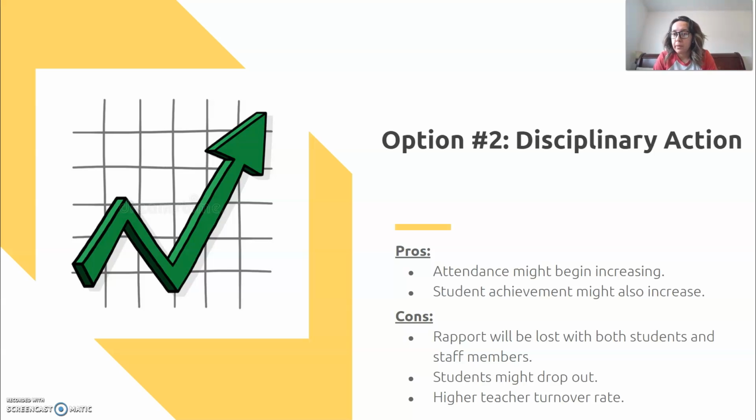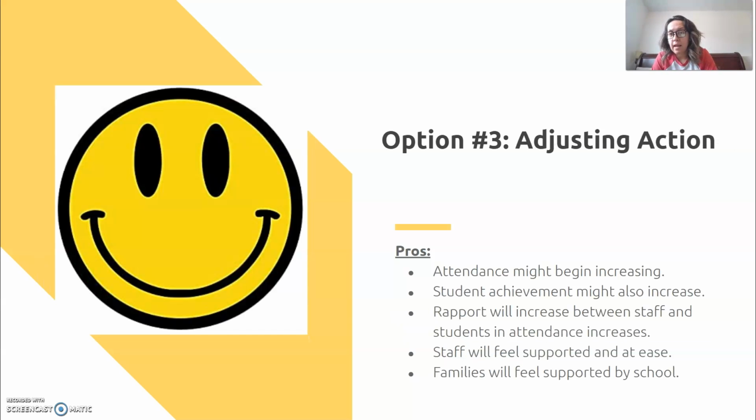As for option number 2, disciplinary action. Some pros, our attendance might begin increasing, and student achievement might also increase because that is correlated with attendance. As for the cons, rapport will be lost with both students and staff members because they will have been disciplined. Also, students might choose to drop out because they are not able to attend for a variety of reasons. And teachers might get mad, which means we might have a higher teacher turnover rate. So, for this case, I'm going to rule out option number 2 as well, leaving option number 3 as our